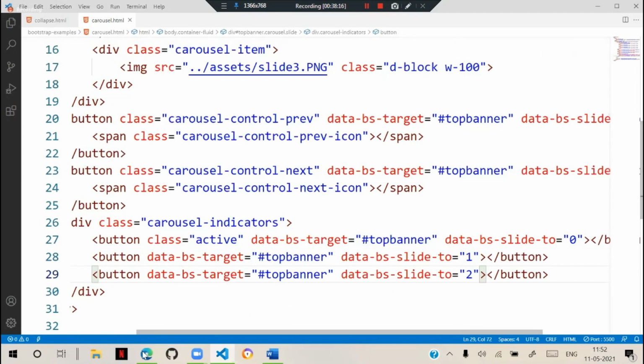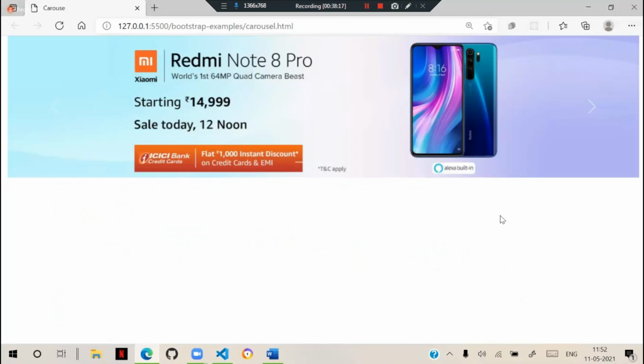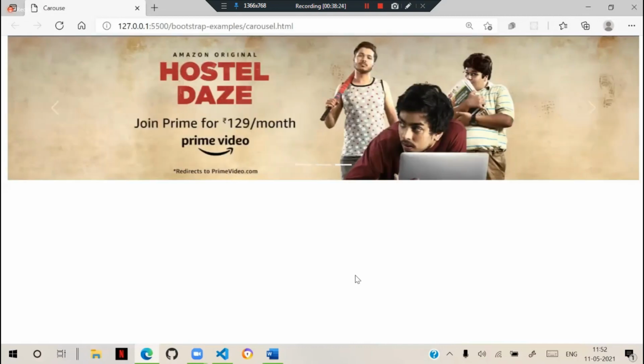Now you see here, the indicators will come like this. Indicators means usually you can see 3 bars will come there, 1, 2, 3 bars at the bottom, in the middle center. And the user can click on any one. I click on the first one, it will come.